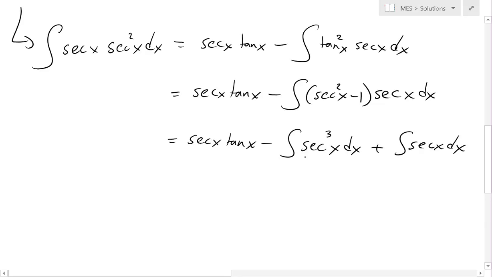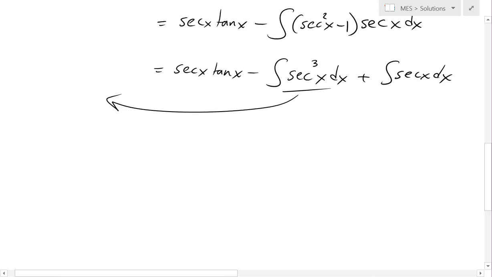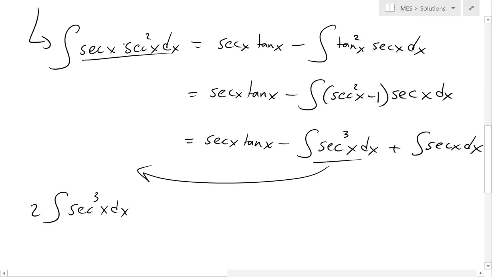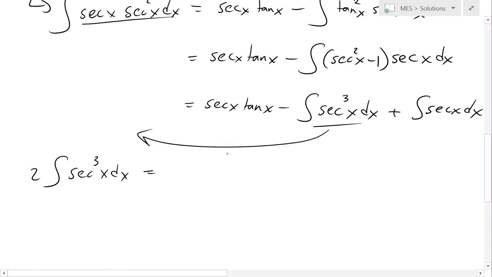So now this is what we started off with. This is the exact same thing. So we can move this over to the left side. So we add it, and we get 2 times the integral of secant cubed of x dx equals secant x tan of x